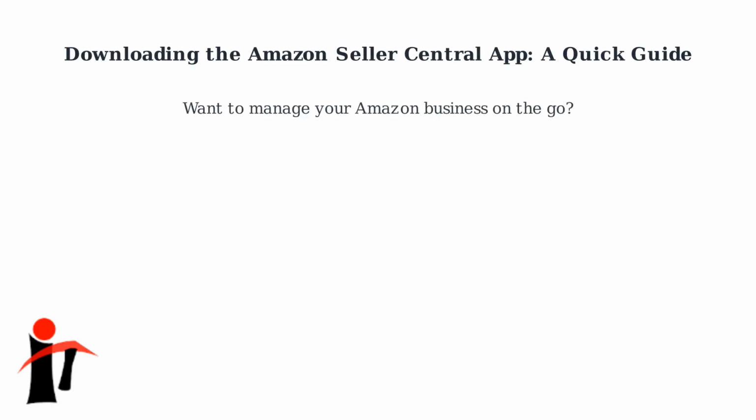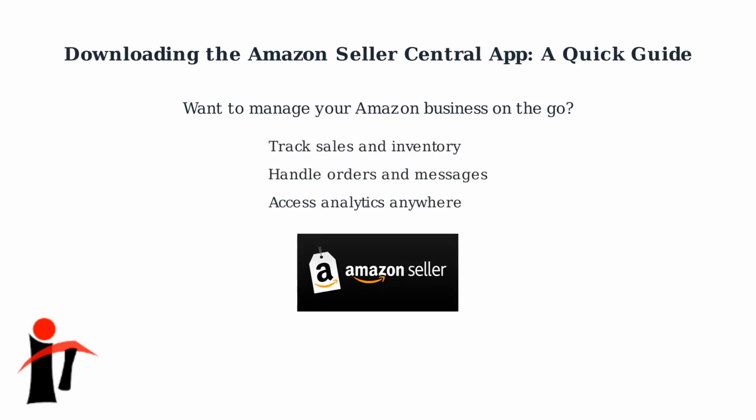Welcome to downloading the Amazon Seller Central app, a quick guide to managing your Amazon business on the go. This free app lets you track sales, manage inventory, and stay on top of your business right from your phone or tablet. With the app, you can track sales and inventory, handle orders and customer messages, and access important analytics